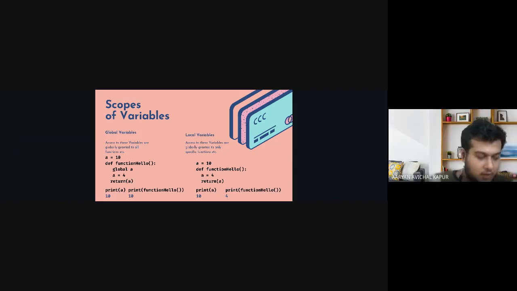But sir, in general, suppose in case of global, as you said, we have to use the term global to change the value of a to 10. Correct. So sometimes, as we have created some function, later on if we do some calculations and allot the final value into a...